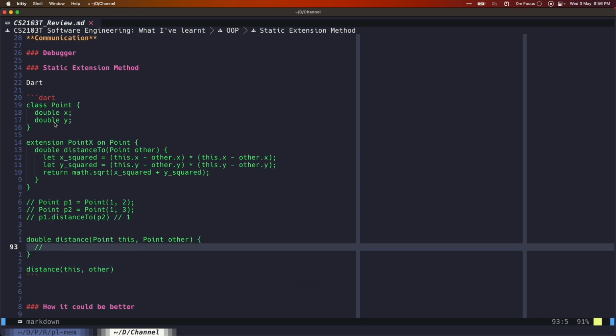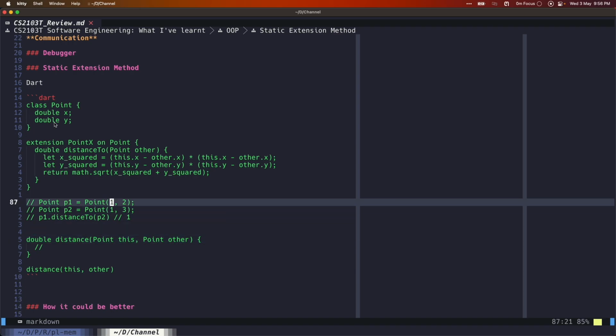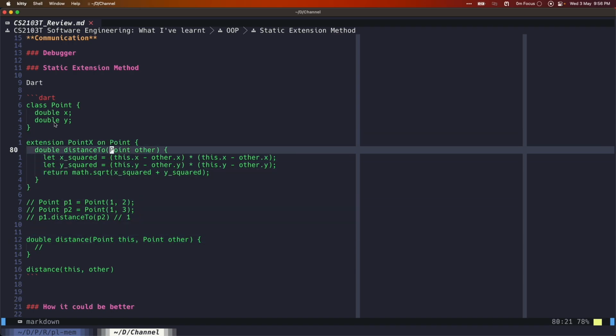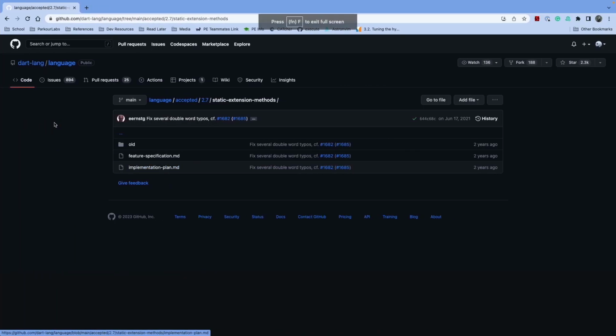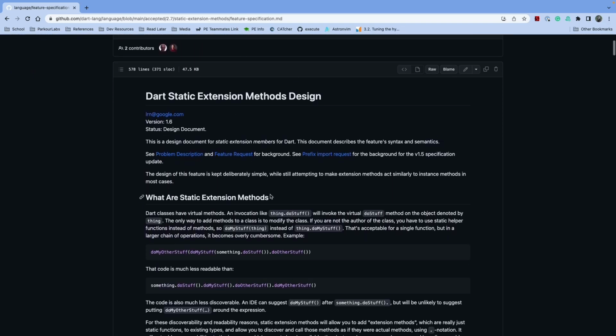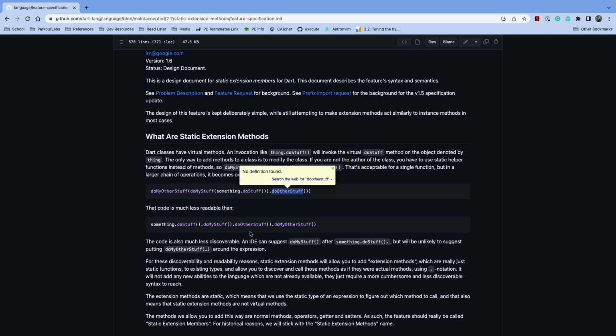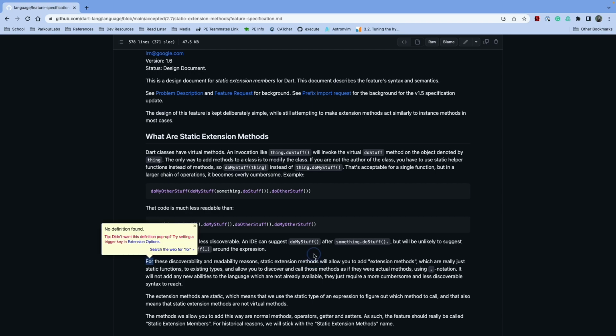Basically, this is just syntactic sugar that I didn't realize. And afterwards I saw this online, called the Dart extension feature. And it also describes the same thing that I didn't see before. And this was quite interesting to me. Basically, it makes the code more readable, but it isn't as important a deal as I thought it was.